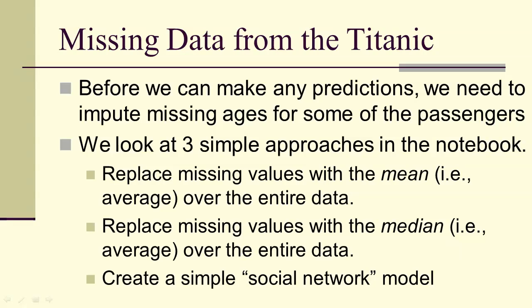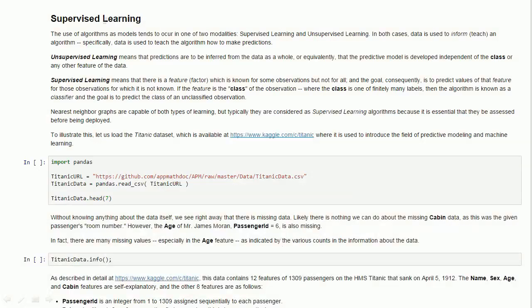There's probably a lot more children than there are senior citizens, and people tended to be passengers on the ship and the crew. So maybe we use the median, or maybe we create a simple social network model. So what we can do here,